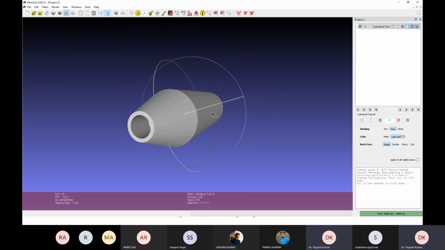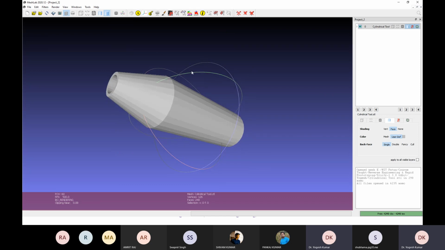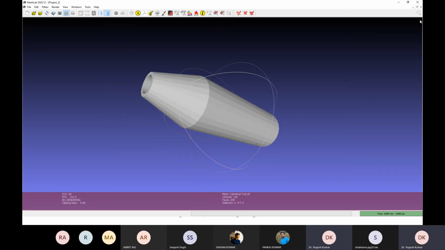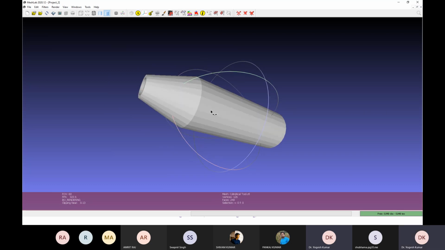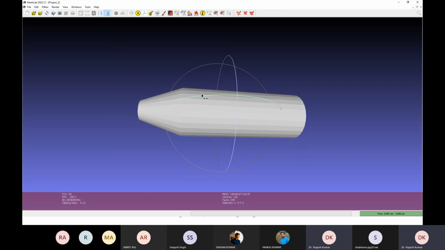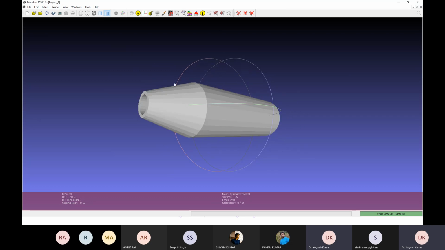So here you can see this file. Let me make it larger. So here you can see this STL file I have opened in your CAD modeling software. Just a second.